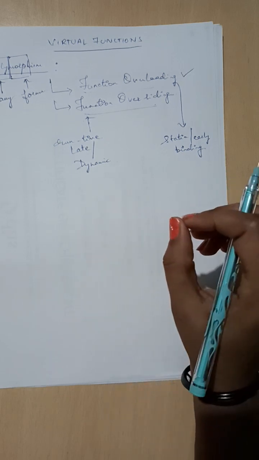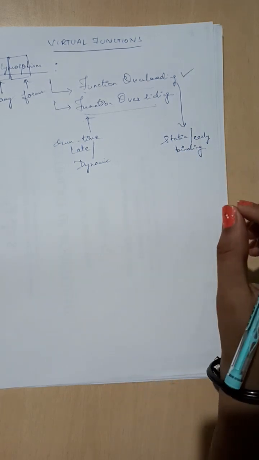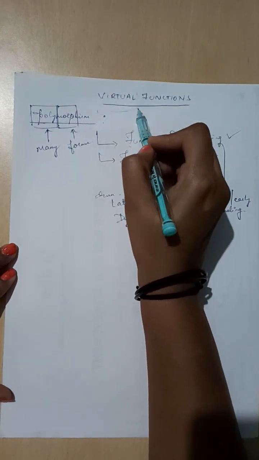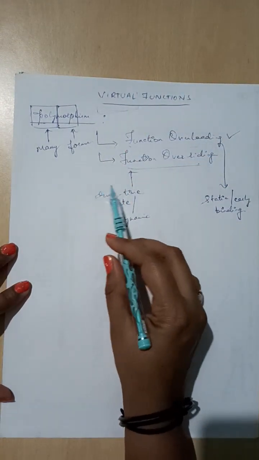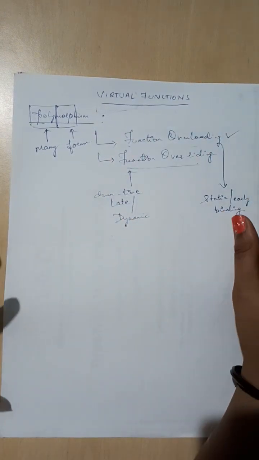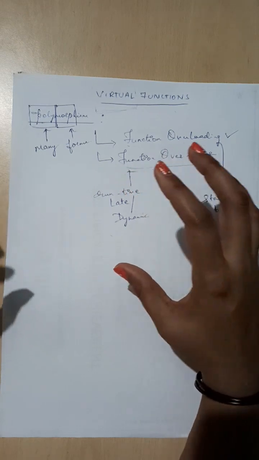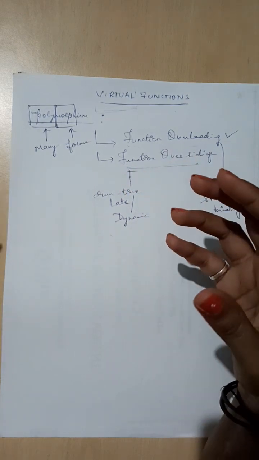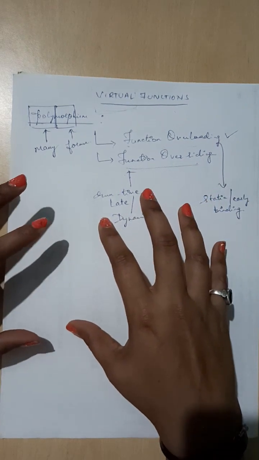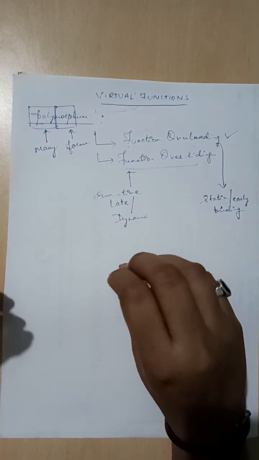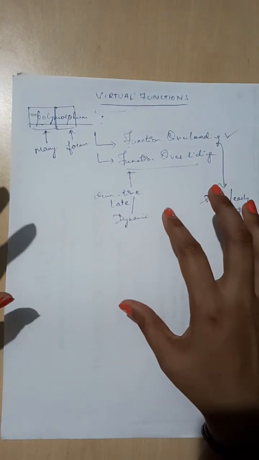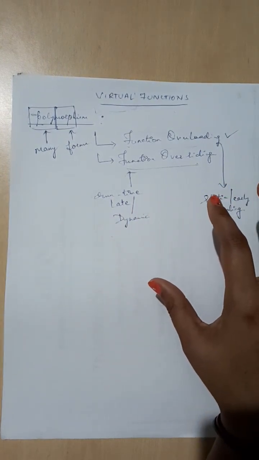To achieve this we mainly use the keyword virtual. So this is the scenario where we come across the virtual functions in C++. It occurs in function overriding, and it can only be achieved with the help of a base class pointer. And let's see how